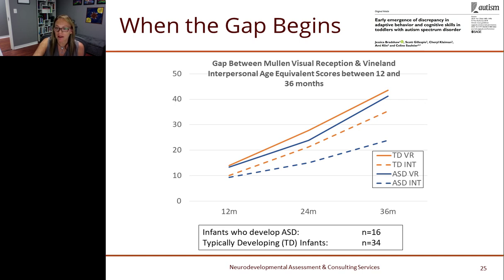If we look at the proxy of nonverbal cognition based on the Mullen, these are age equivalents, so you're going to see them increase. You see that the typically developing toddlers had actually above average nonverbal skills. Thankfully, their Vineland socialization or interpersonal skills were solidly average. Remember, we want those to be adequate, not above average. So we expect to see a parallel discrepancy here.